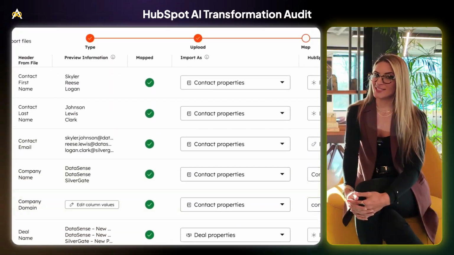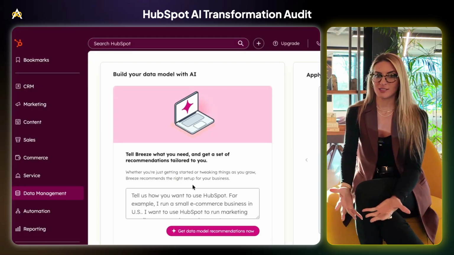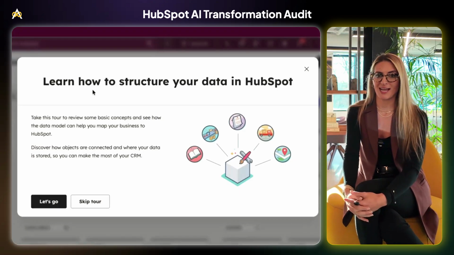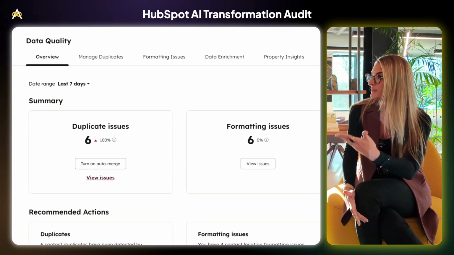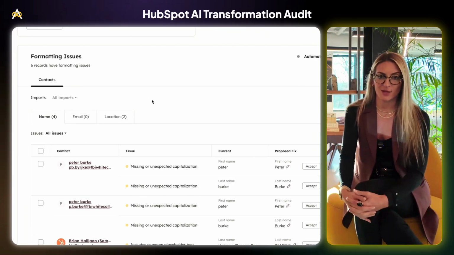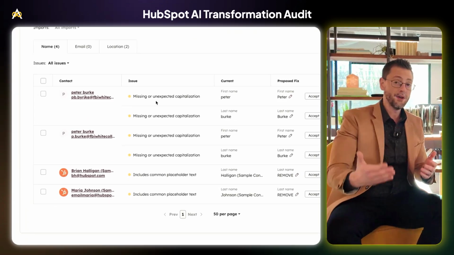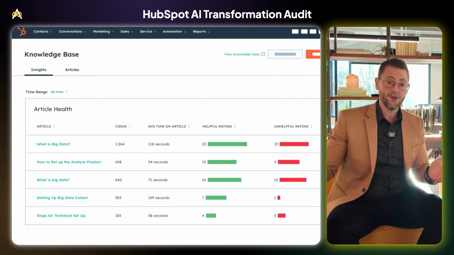Well, the first part is looking at your data. And not just the data that's inside of your CRM, but also your process documentation, your business operations, and how those are documented so that you can really inform and arm the AI tools inside of HubSpot. So we'll look at your data first, and we'll even use some of the data quality tools inside of HubSpot to help with that.